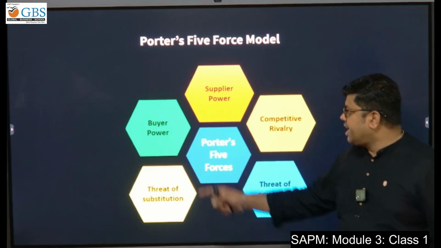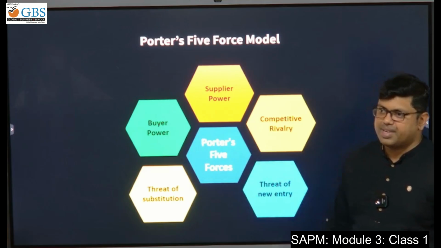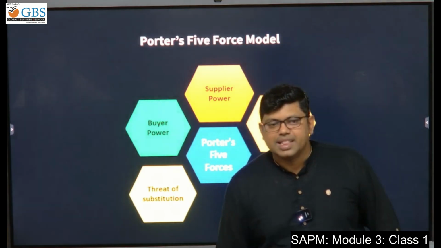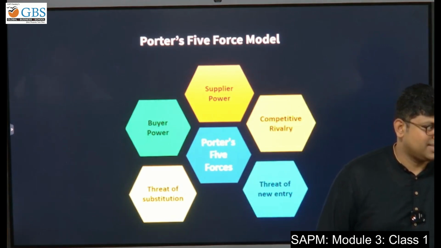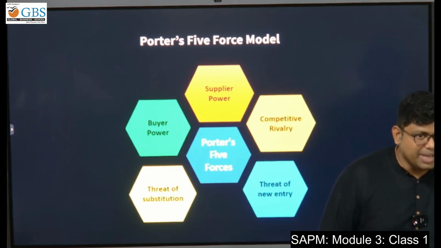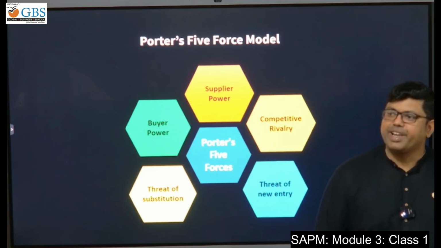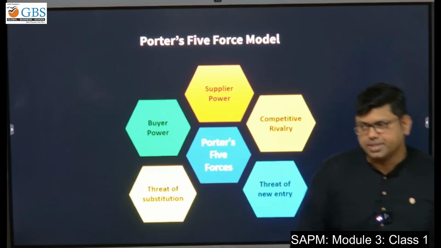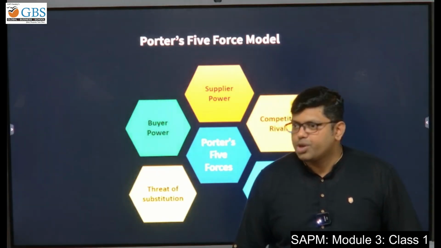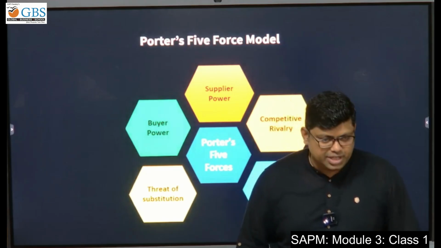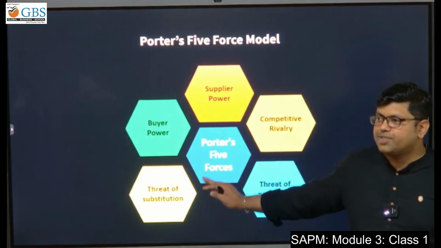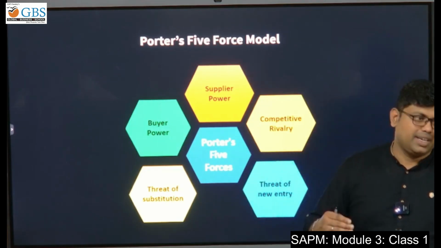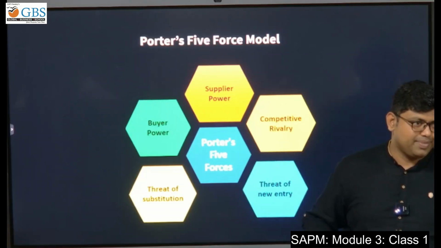Okay. And the last one is buyer power. There should not be a small number of buyers for your products. Correct? You should have a larger number of buyers. Then you can do good business. So you need to analyze this part as an investor. Okay, you are analyzing at this point from the point of view of the investor of that particular company.